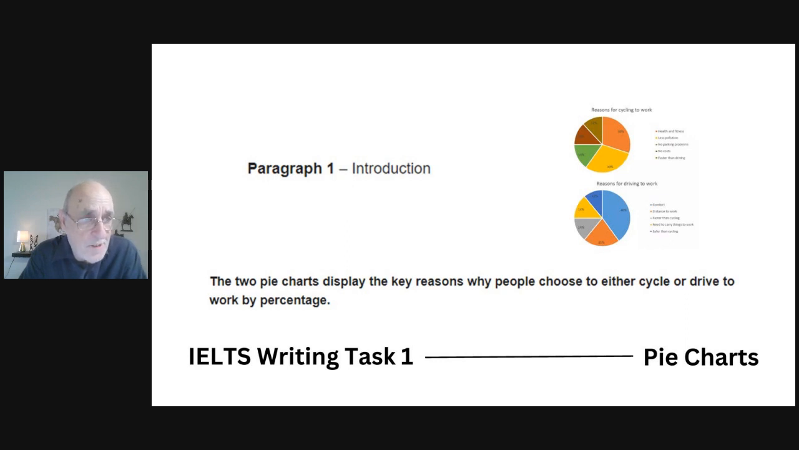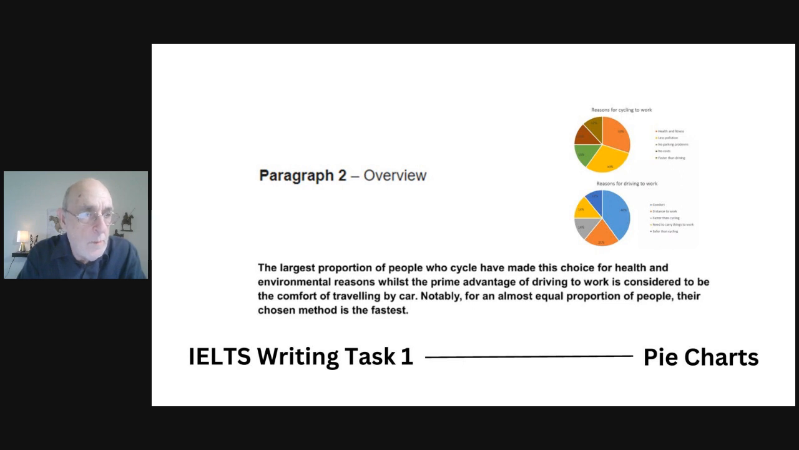And as you can see, this introduction is not even a full paragraph. Again, we want to be careful on making sure we limit the number of words that we use and not write too much. So our introduction really isn't even a full paragraph. It's just one clear sentence to introduce the topic of our essay. And then we come to paragraph number 2, where we provide an overview of the entire diagram or the entire chart, putting the two charts together. So we're going to say something about the main reason why people cycle to work and the main reason why people drive to work. And we're going to mention one similarity, and that is that both